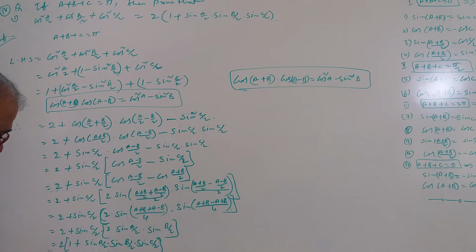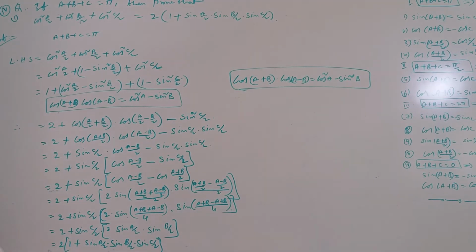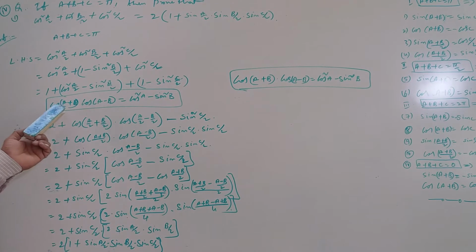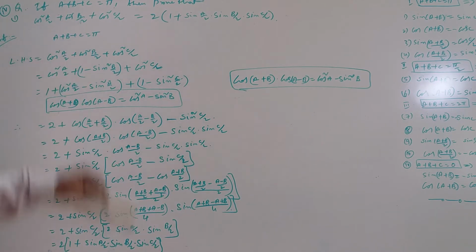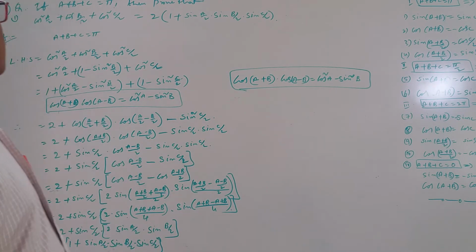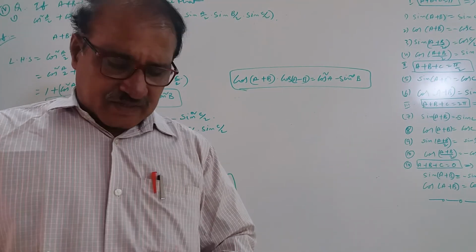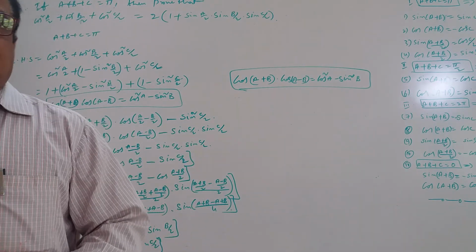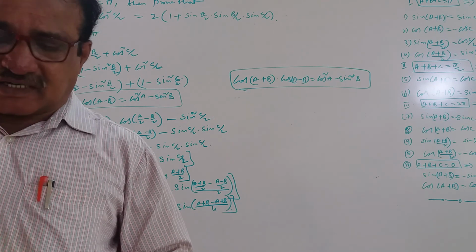Hence proved. This is also an important point. Here what we have done, instead of cos square B, we change the cos square B in terms of sin square. For using cos A plus B into cos A minus B, it is called cos square A minus cos square B. If squares are there, you have to do like this. Okay, one more model, very important and critical model, that is also in the fifth model. You have to observe carefully and practice very well.